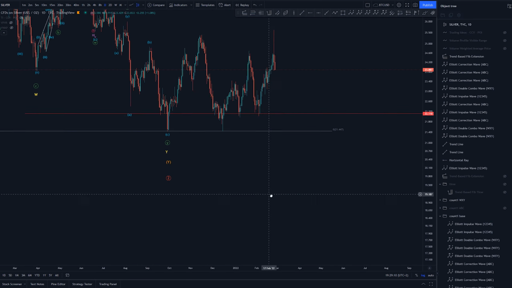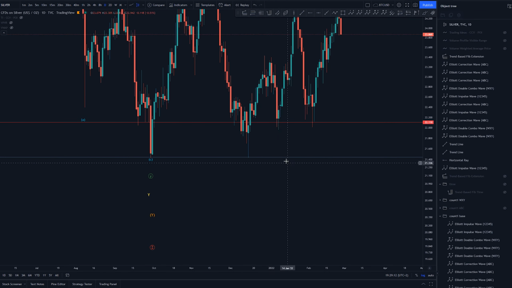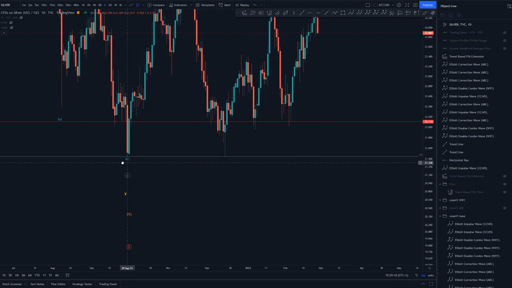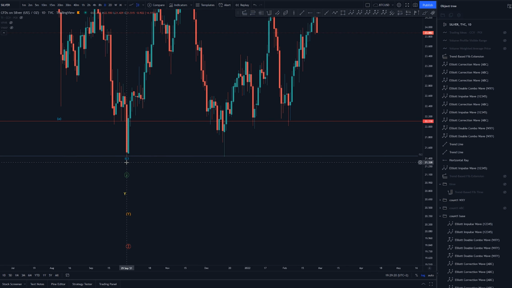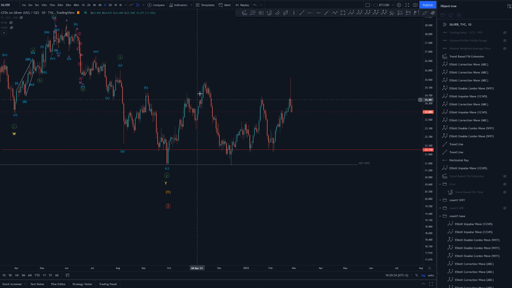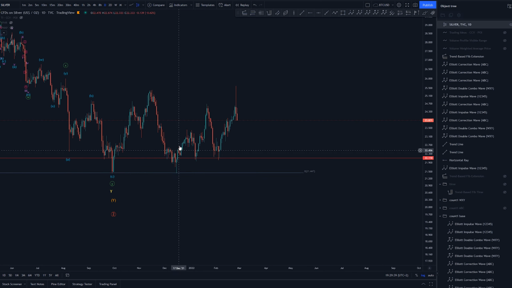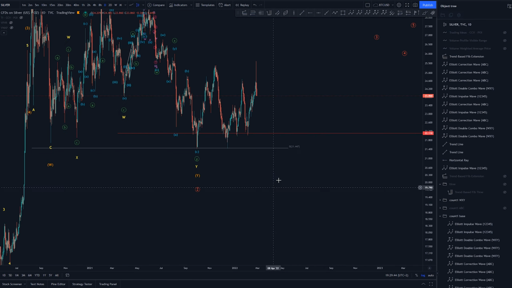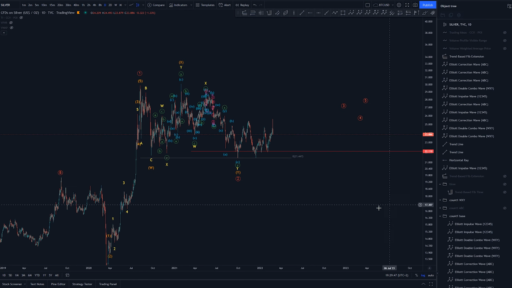Let's just make sure that this is actually the low. So here the low is 21,429. 21,433. So yeah, this is the lowest low at the moment, so this could still pose that this is 1, 2. I'm not even going to try my luck with this, what this is,